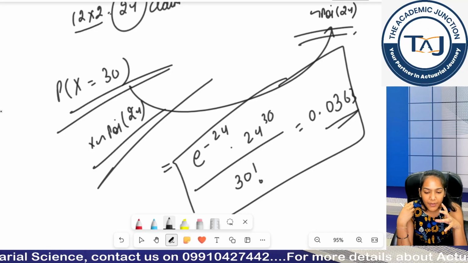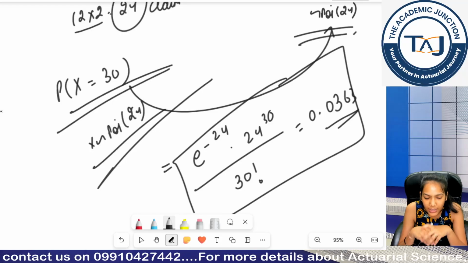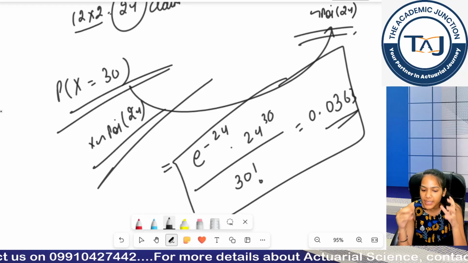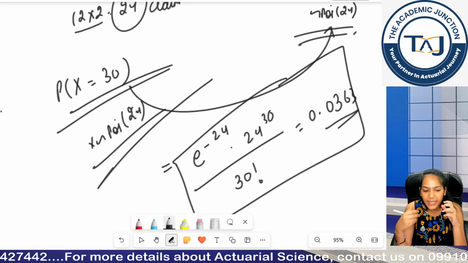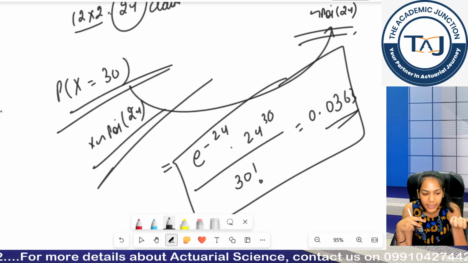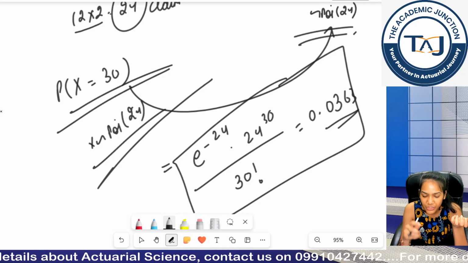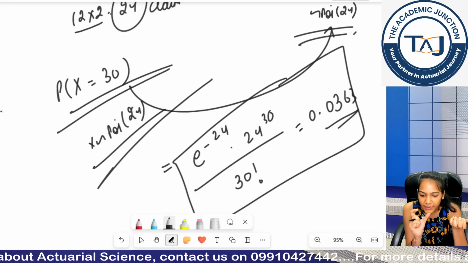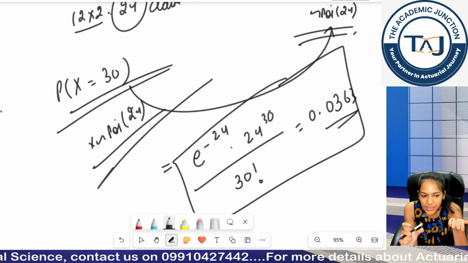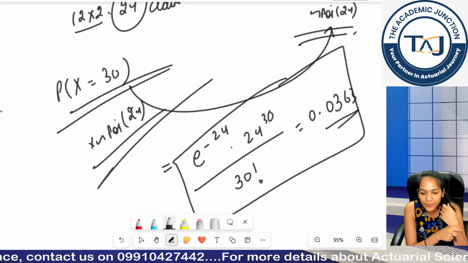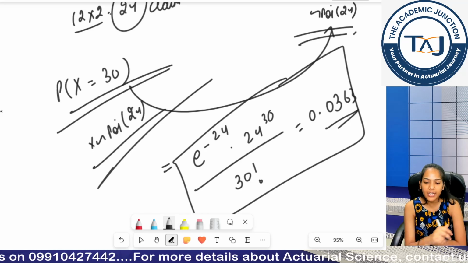Clear? Moving forward, the next most important distribution of entire statistics was the Poisson distribution. The Poisson distribution basically tells us that if something is happening at an average rate, I can find the probability of an exact number of events happening. For example, if I am given that a machine fails 5 times a year on average, that's my rate of events. What is my event? Machine failing. What is the rate of that event? 5 times a year. So I can calculate the probability of the machine failing, for example, 3 times a year, or 4 times, or more than 3 times or less than 3 times.